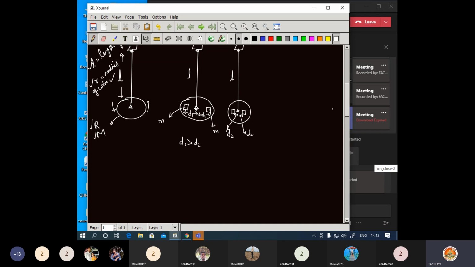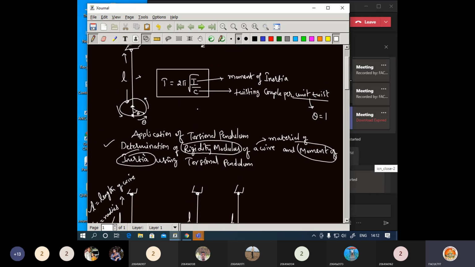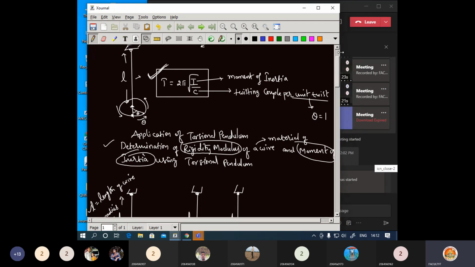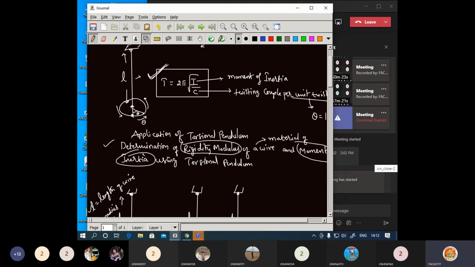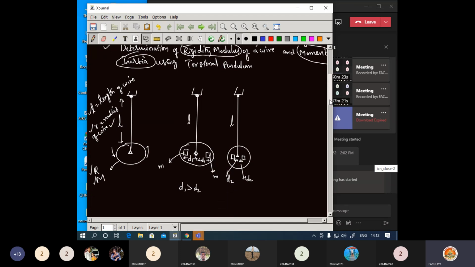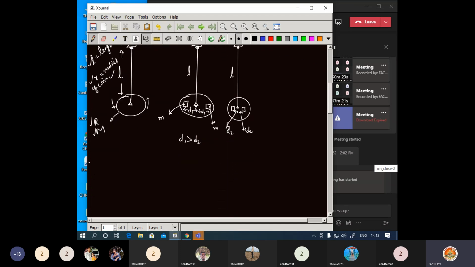Now what was the concept we had studied here? You got the expression for T, the time period of oscillations. Now we will take the same expression in 3 different concepts here, and we will obtain 3 expressions for the time period. So consider without mass, say there are no extra masses here. Consider this as T naught, this one as T1, this one as T2. So what is the expression here? T is given as 2 pi root I by C.